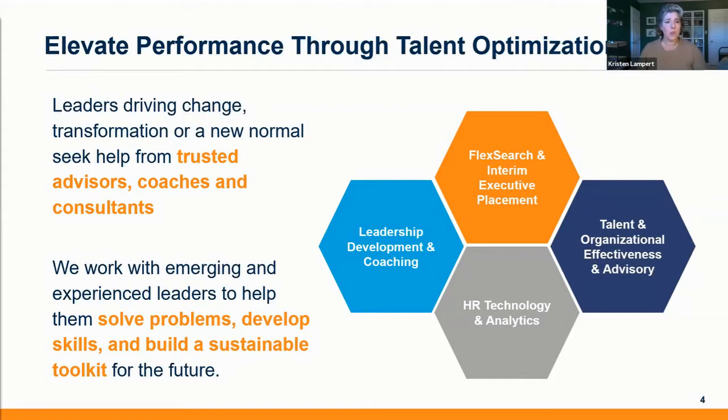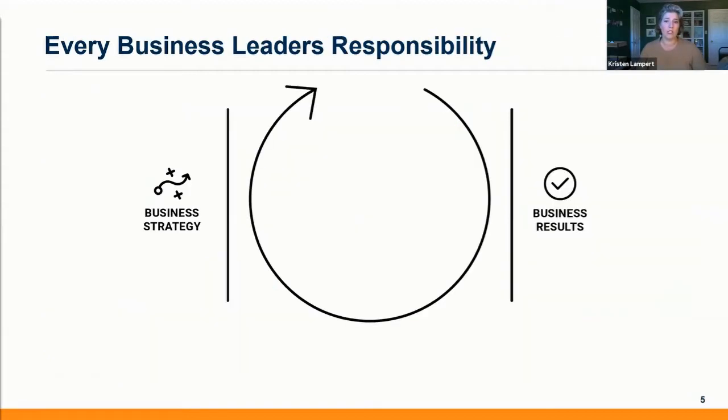So the way I want to frame today's conversation is really around the concepts of what are the key leader responsibilities in any business, right? Every leader, whether or not you're in the C-suite or across the organization, is always managing the difference between business strategy, executing what needs to happen in the business to drive results, and then helping their people execute on their mission. And so that people component in the middle is really where we look at talent optimization.